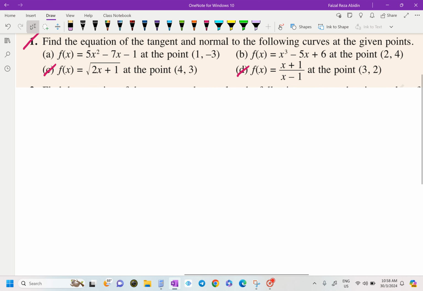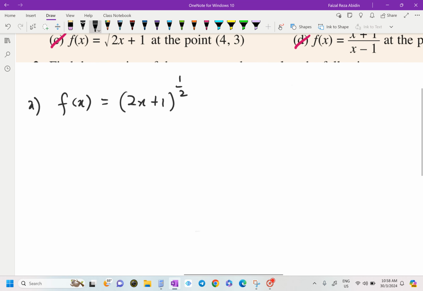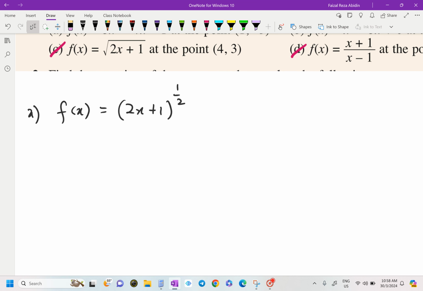What did we have? The first one here for A, we have f(x). I'm going to change this one, which means I'm going to get (2x + 1) to the power of 1 over 2. So if you look over here, what we should do first is I'm going to do the first